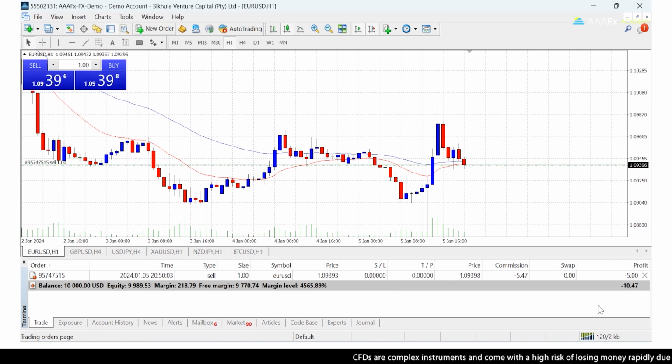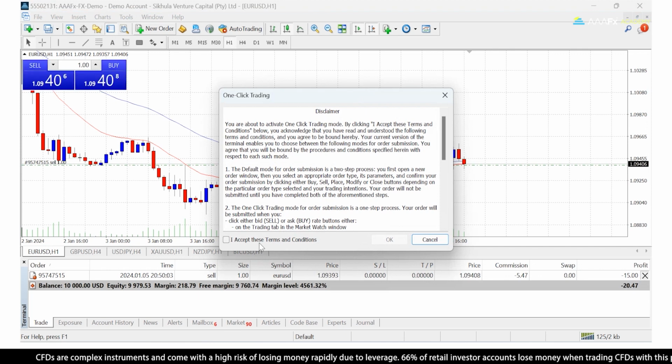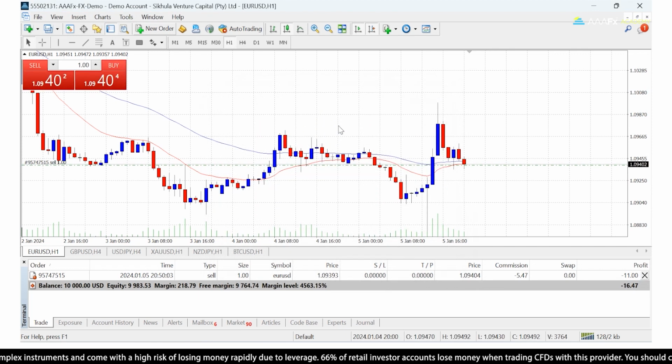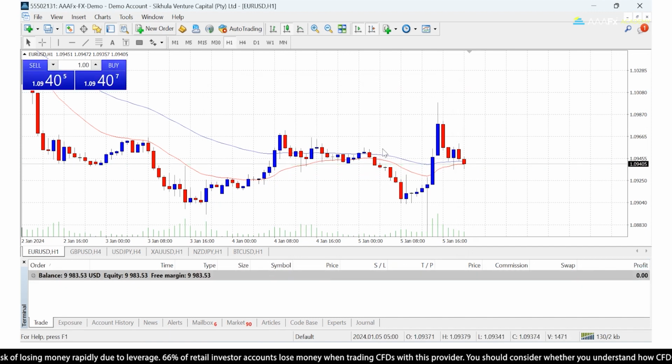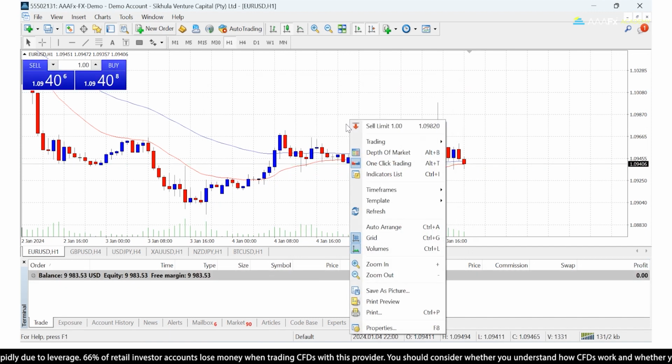Okay, now there is a quicker way to enter the market, and that is using one-click trading. So I'm just going to close this position that we entered, and there we go. Now if you right click on the chart, if one-click trading is activated, so by clicking it,